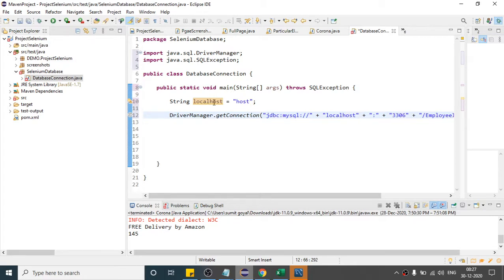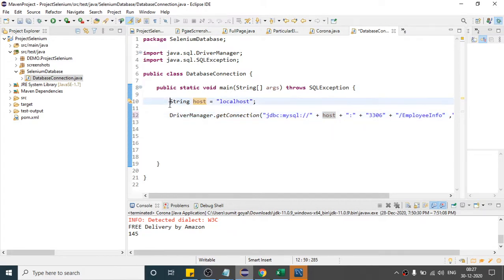So here I will write host. So that variable will come here when the program runs. As it is a string, you do not have to provide double quotes now.